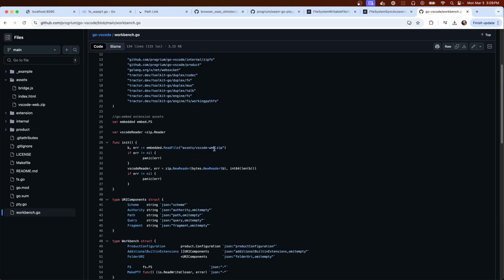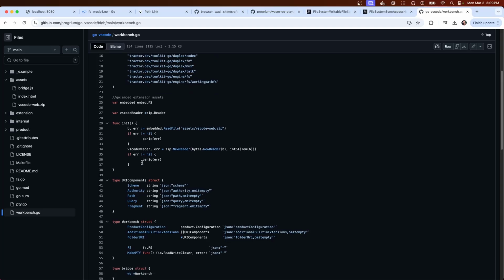Yeah, it pulls it out and then decompresses it in memory. I mean, I guess we could do that.